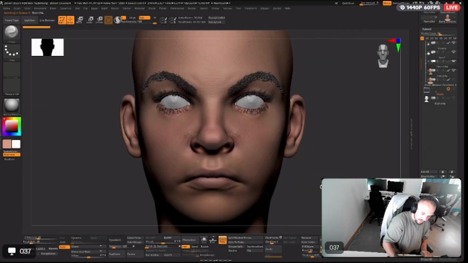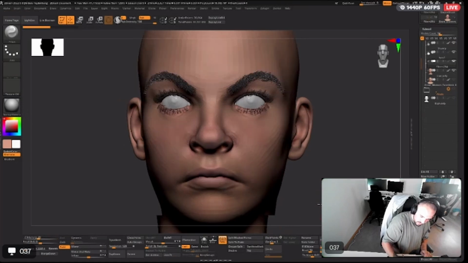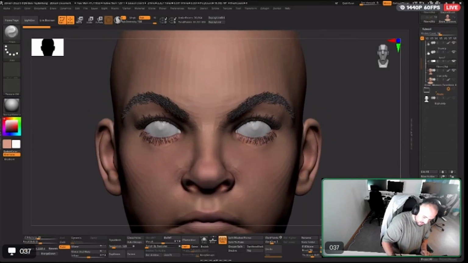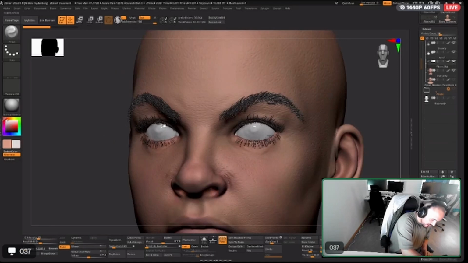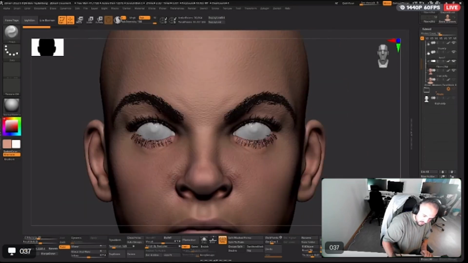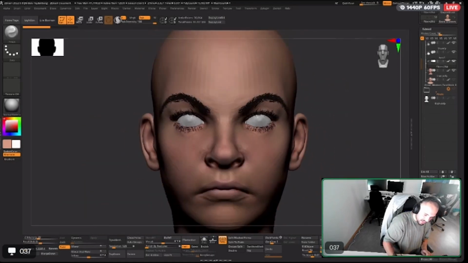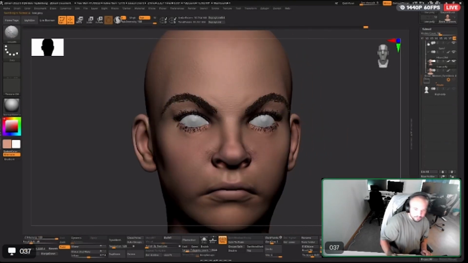If anyone knows why these fiber meshes lose color all the time, please let me know. Sometimes they just go black for no reason at all. Anyway,